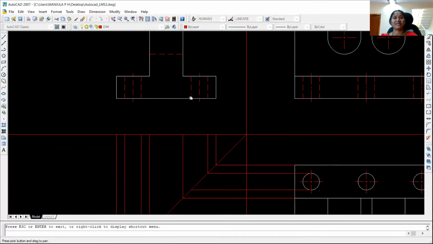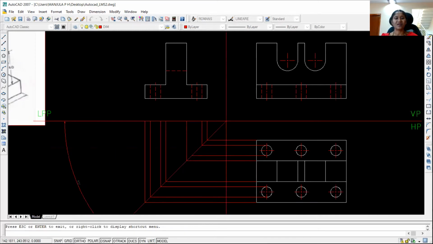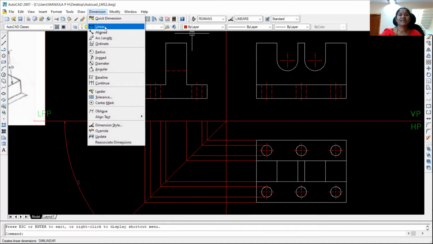Now this completes our drawing. I've drawn the front view, I've drawn the top view, as well as I've drawn the side view of the given component. Now let's do the dimensioning. So for that, you click on dimension. So linear,